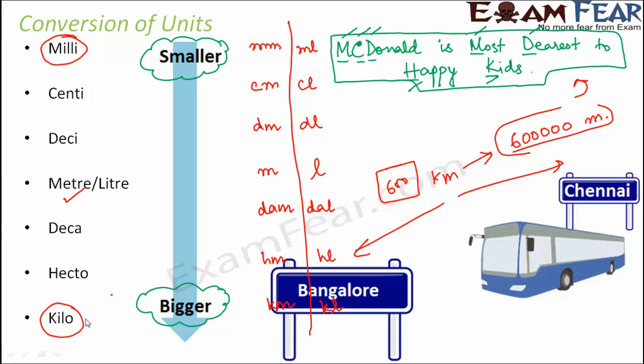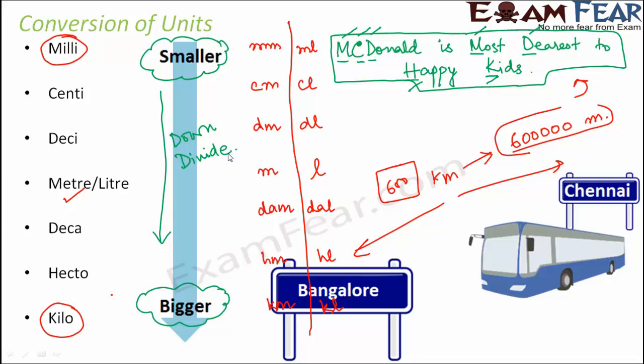Now let's come to the conversion. Every time you want to convert something from a smaller unit to a bigger unit, let's say from centimeter to decameter or centimeter to hectometer, basically you are moving down, from up to down. Whenever you are moving down, what you do? You need to divide. This is a simple rule that you need to remember. Whenever you are converting from a unit which is at the top to a unit which is at the down,